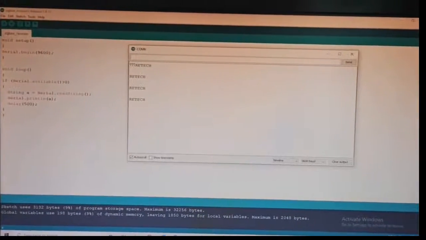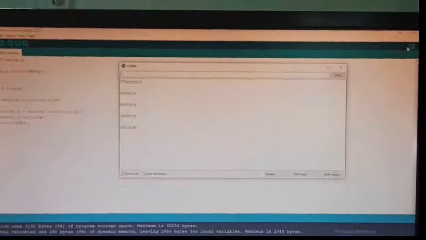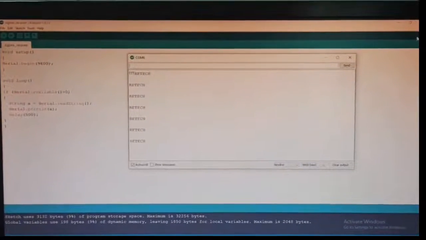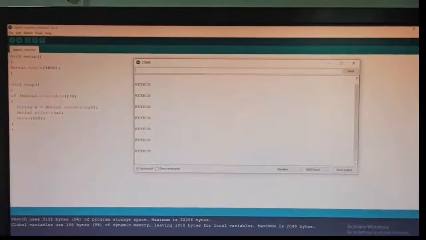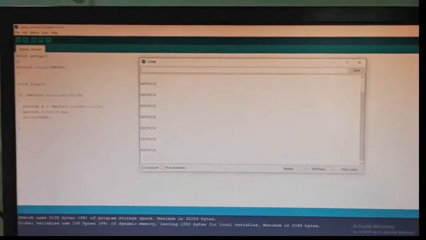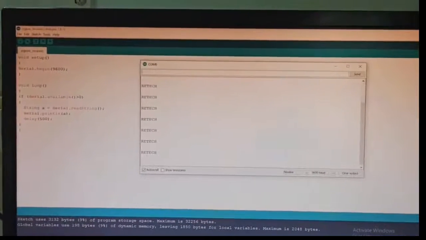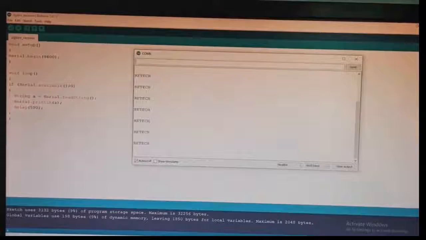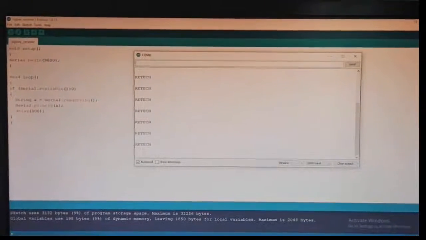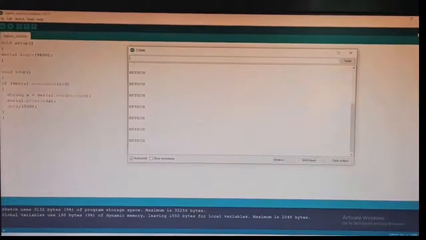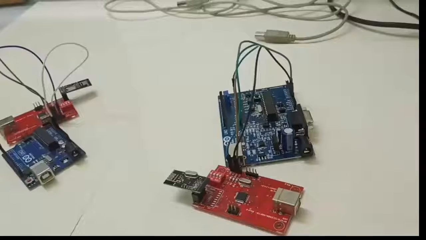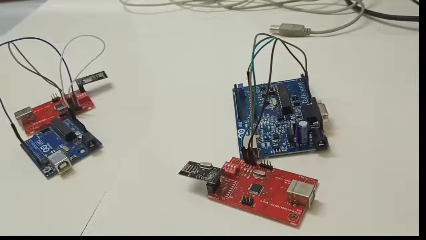In the transmitter section we are printing the retake data, and in the receiver section we are getting the string data. So this is how to transmit and receive the data using ZigBee modules. Okay, that's it guys for the ZigBee. Thank you.